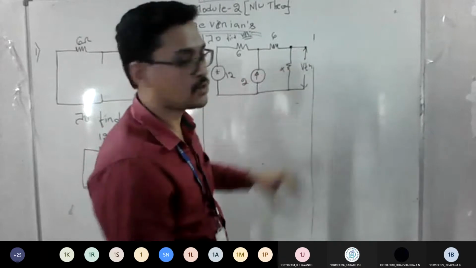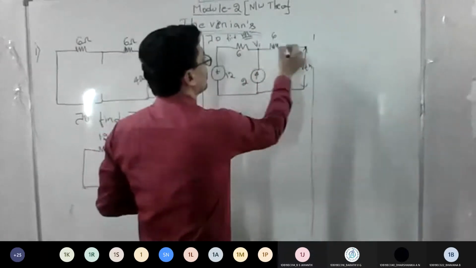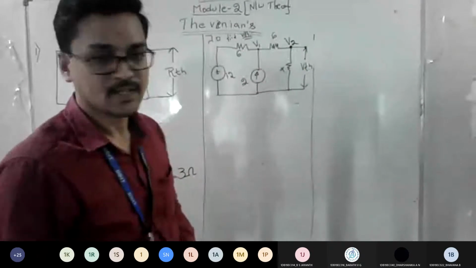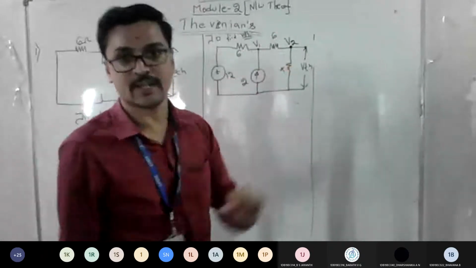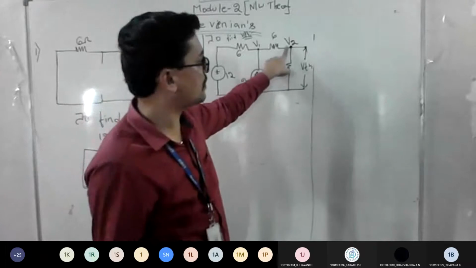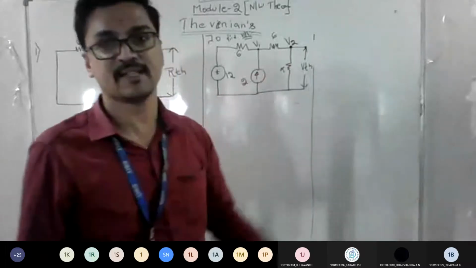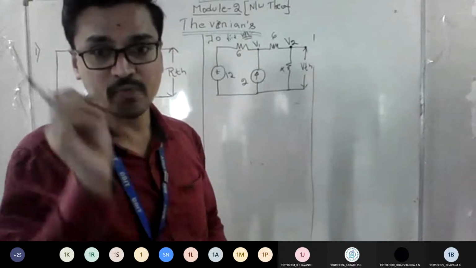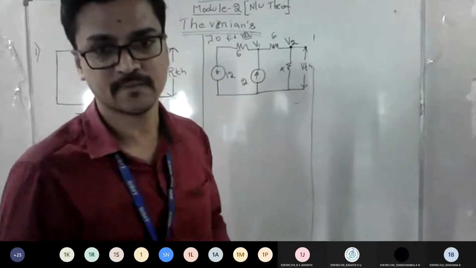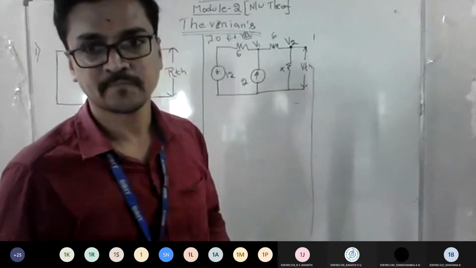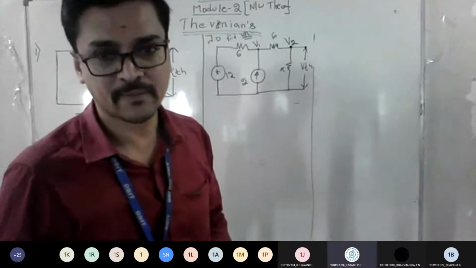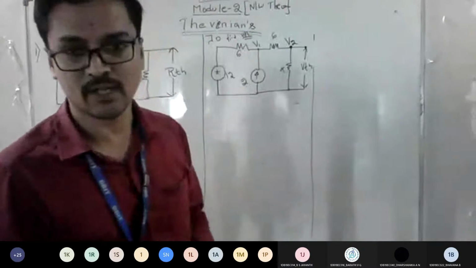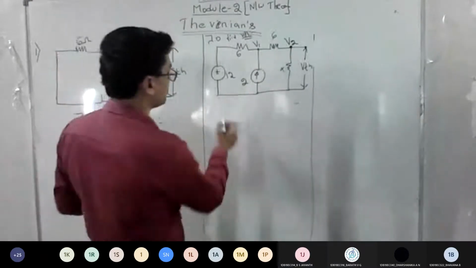Yes, sir. So it means what? You have V1 and V2 here. Okay, so if you find V1, V2 using nodal analysis, if you are able to get the answer of V2, the same answer you can apply for VTH also. Am I clear with both the concepts? So whichever you feel comfortable, go with that. Am I clear? Yes, sir. Okay. So let me go with your KCL concept. So tell me the node equation at V1.